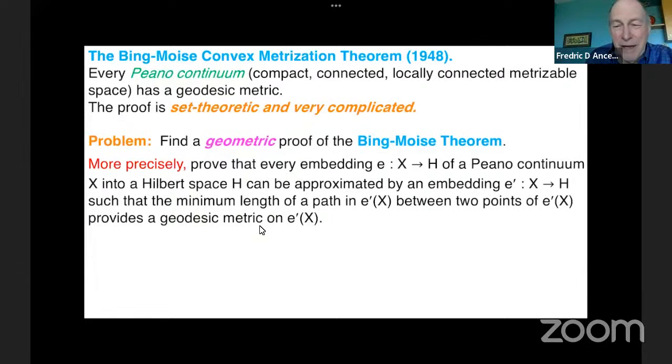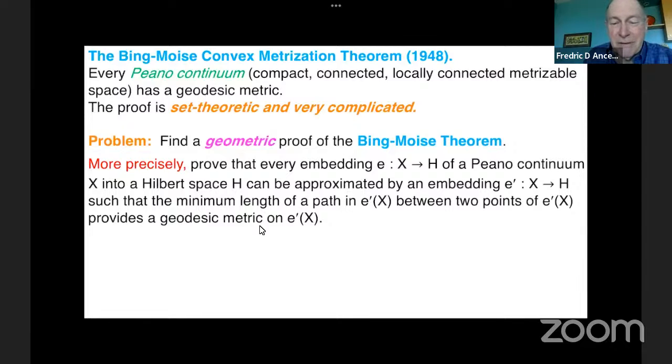Suppose you have an embedding of the Peano continuum, for which you want to construct this geodesic metric. Suppose you have an embedding in a Hilbert space, prove it can be approximated by embeddings with this property, that the minimum length